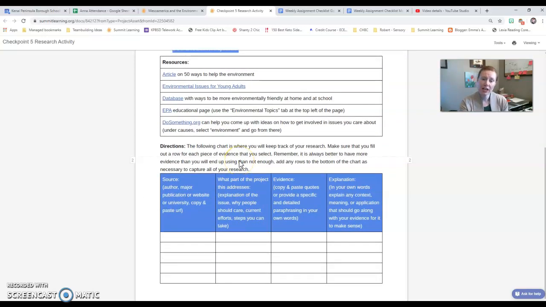Now, as you're researching and you're finding information about your topic, you're going to fill out this chart down at the bottom of checkpoint 5. And so you want to put the specific websites that you're using to get your information. You're going to put what information you're taking from that website, specific quotes or information that you found, and then how that helps you learn about your topic. And so this chart is what you're filling out and submitting for checkpoint 5. And so on Thursday of this week, we will spend the entire class period as an actual research day. And so you'll have time in class to research and to fill out